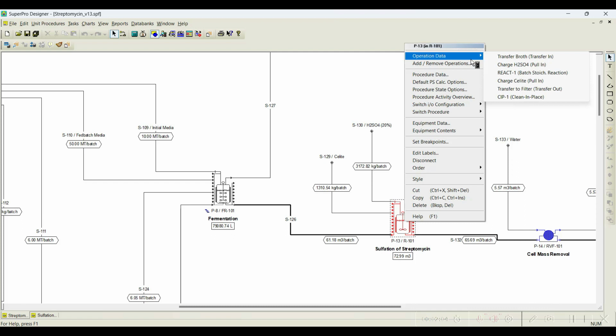acid has been charged. Here they have not used the charge operation, the pull-in operation is used because 20% sulfuric acid is added based on some criteria. When there is a criteria, you cannot go with the transferring option or charge option, you go with the pull-in operation. Once the sulfuric acid is added, the reaction is carried out to convert streptomycin to streptomycin sulfate, and